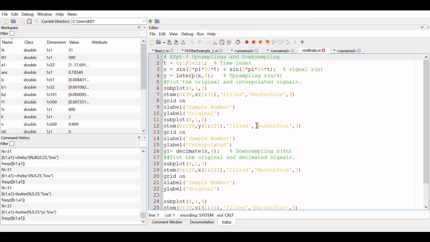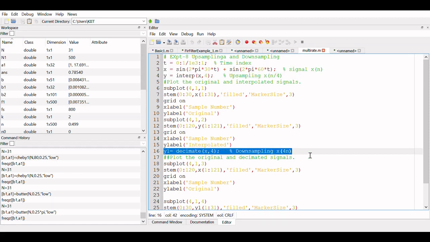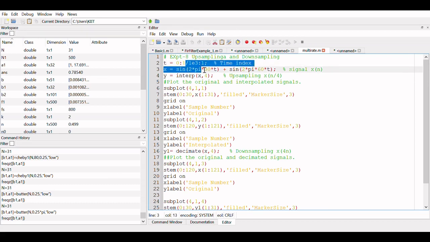Here also we are going to do the same thing. All the things written here are just decorating the plot, nothing else. Our code part is only these 4 lines, these 3 and another 1 line over here. Everything else is just to make the plotting more decorative. So t is equal to 0 to 1 with a step of 1 divided by 1000, so that means 1000 samples between 0 and 1.